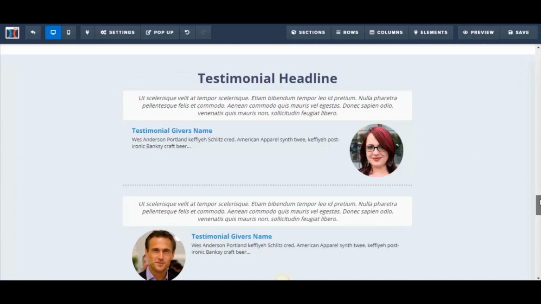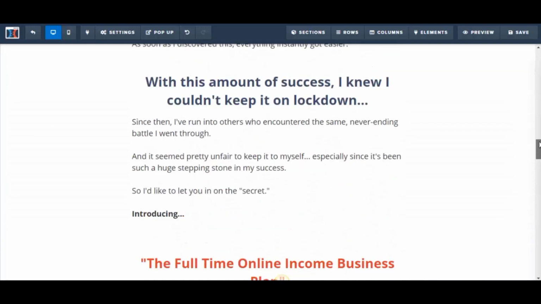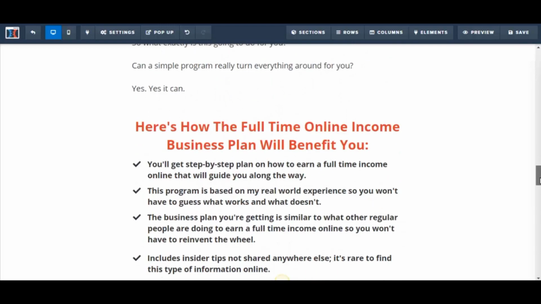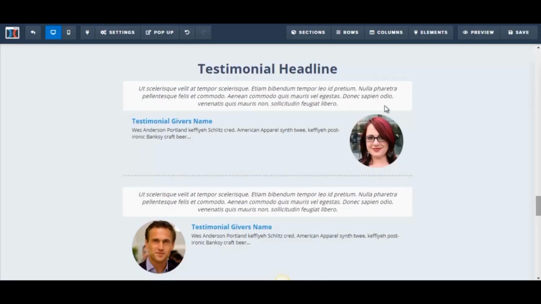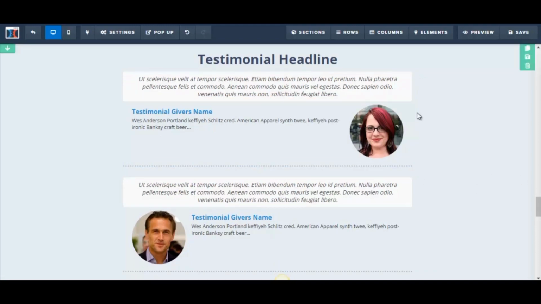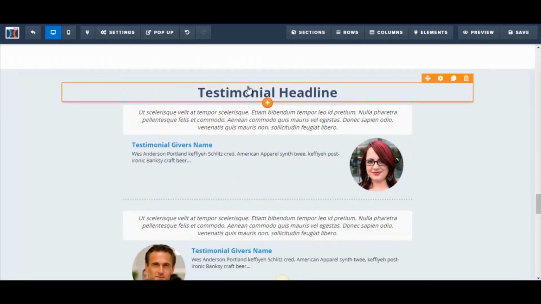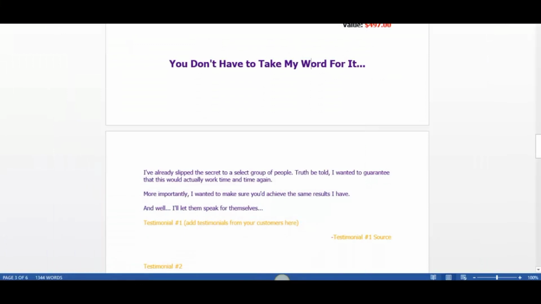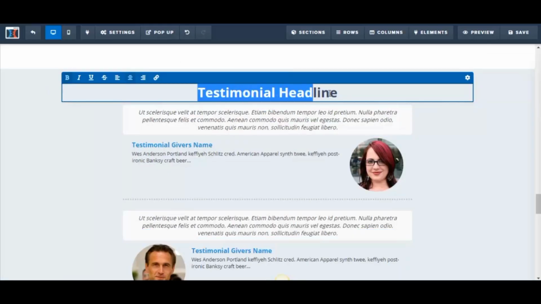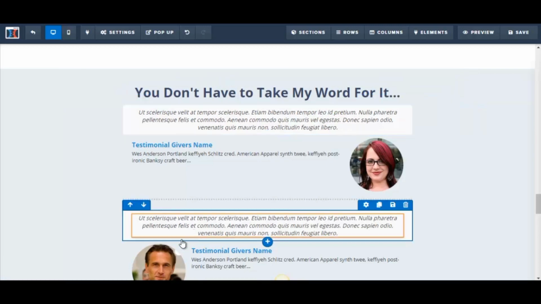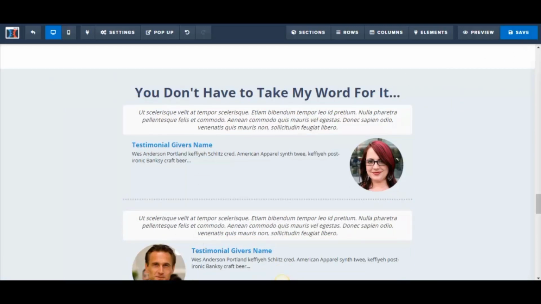Alright, so I've just finished transferring over some of the headlines and paragraphs from my Word document, and now I'm at the section where I'm going to be putting testimonials. So with this sales page template, they already have a section for you to put your testimonials and the picture of the person giving the testimonial. Alright, so let's start with the testimonial headline. Just go to my Word document, and the headline is "You don't have to take my word for it." So I just paste that onto here, click save,